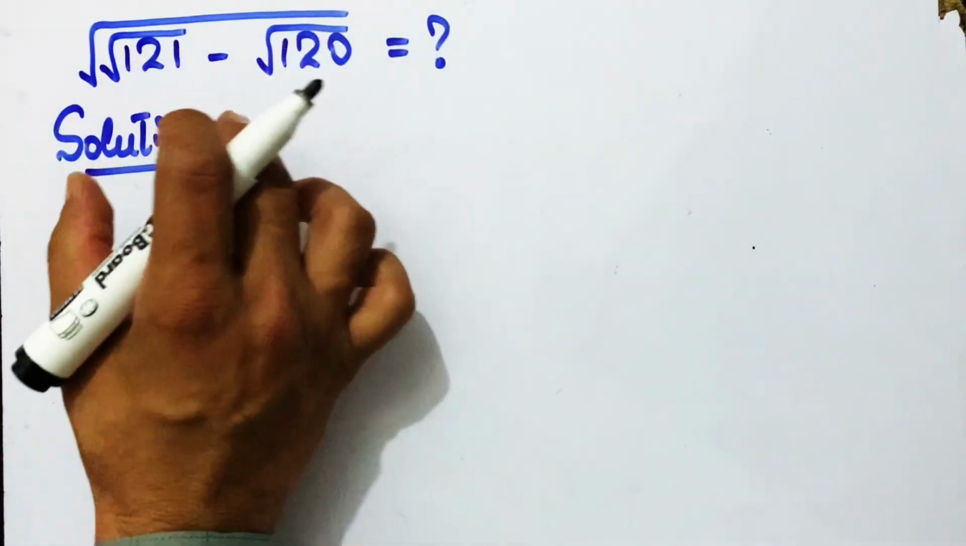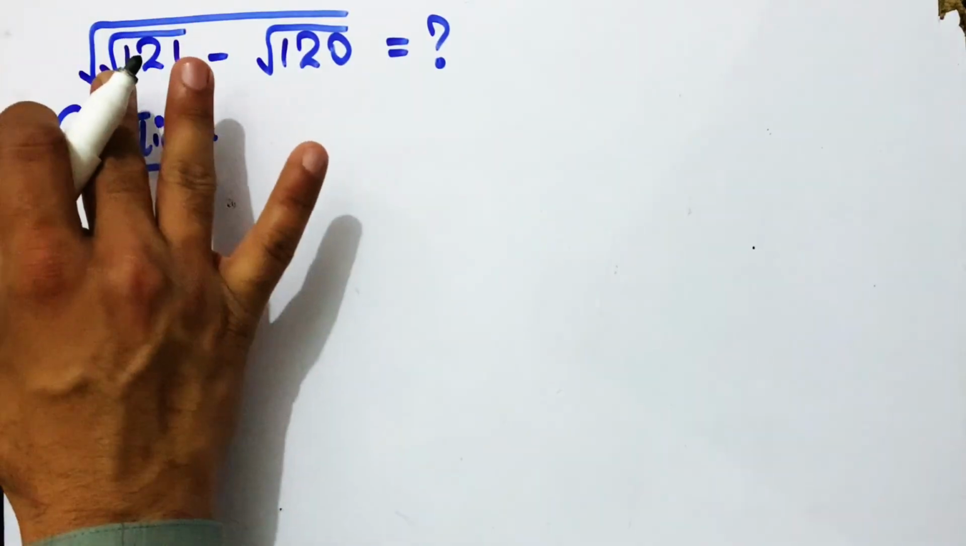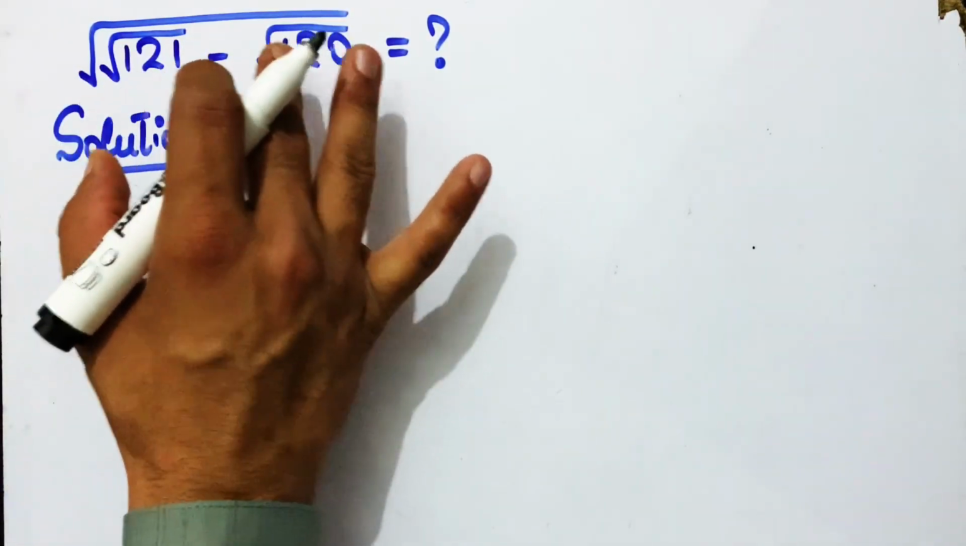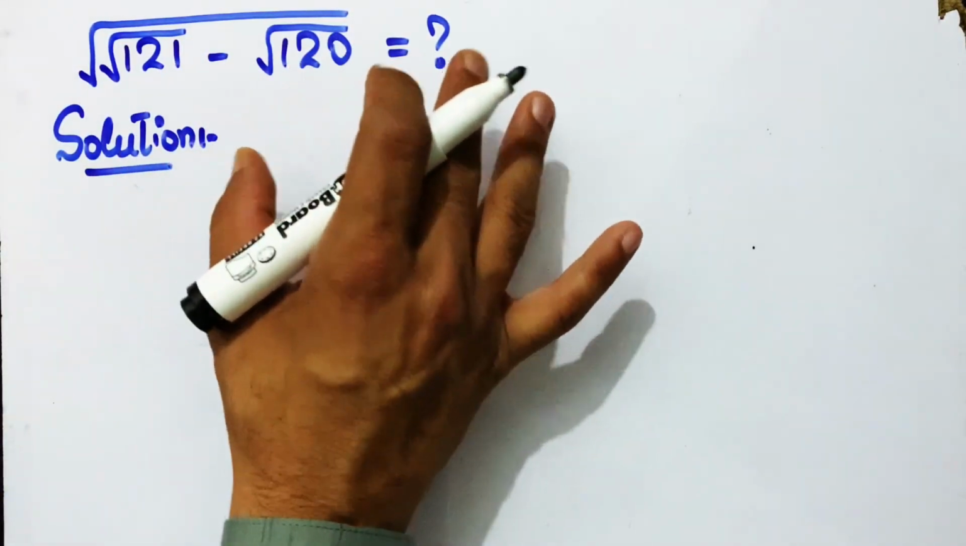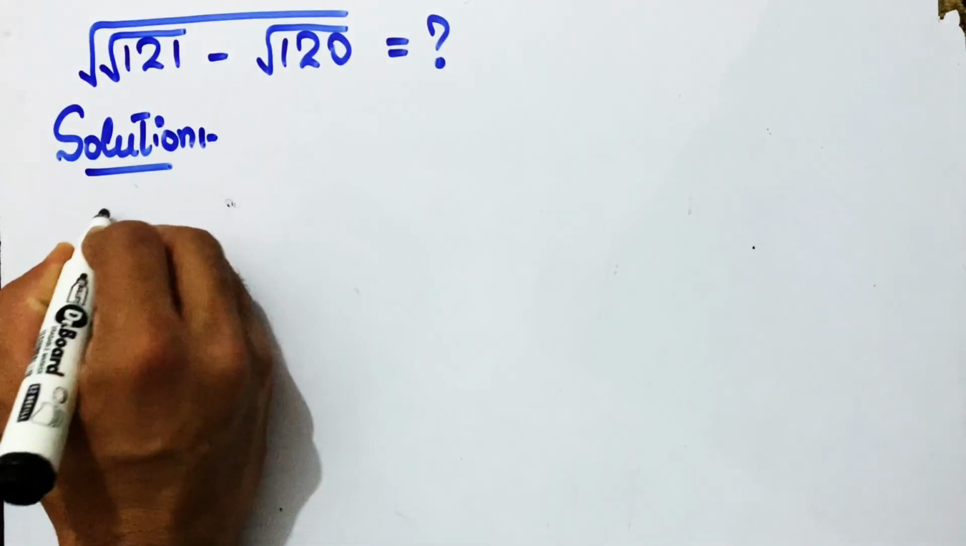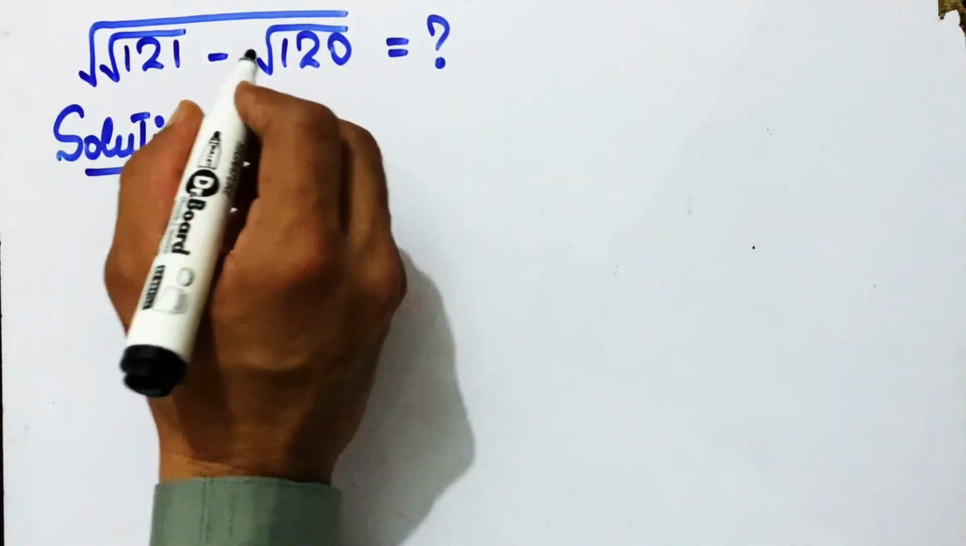As our equation is the square root of 21 minus square root of 120 is equal to question mark. So let's find out the solution. So now I'm let